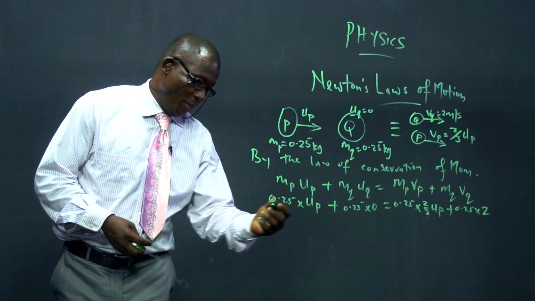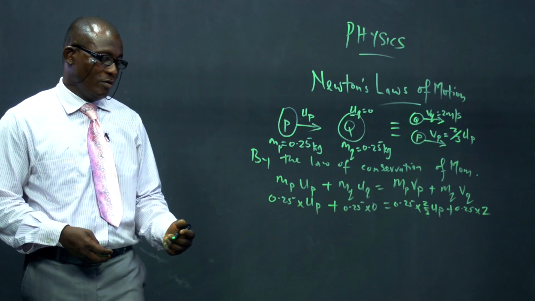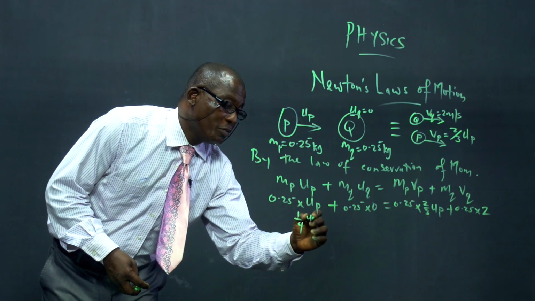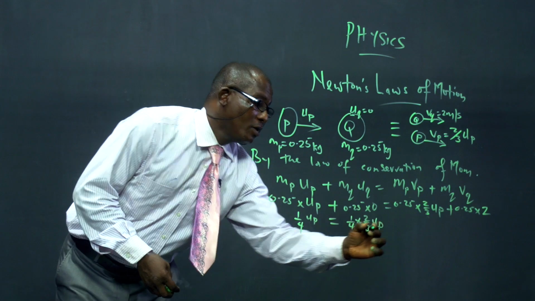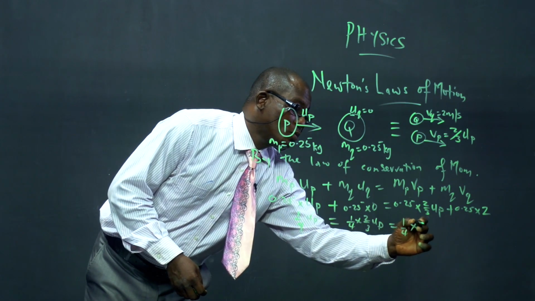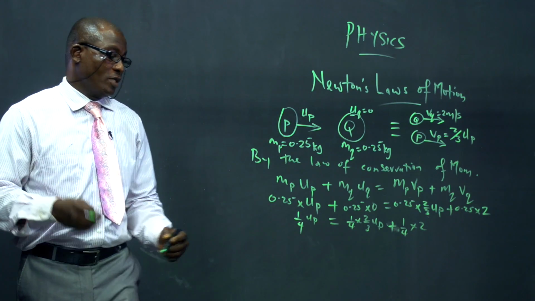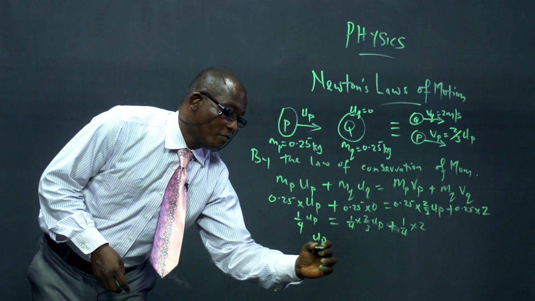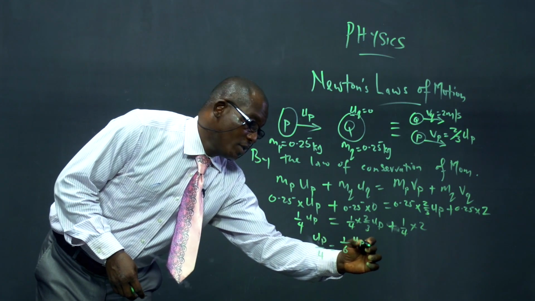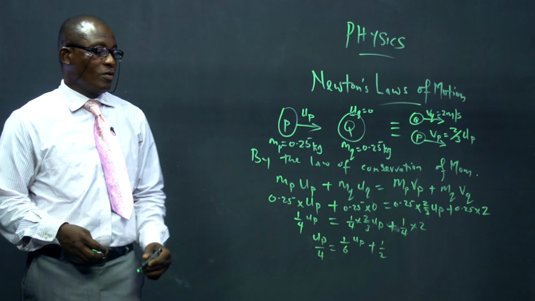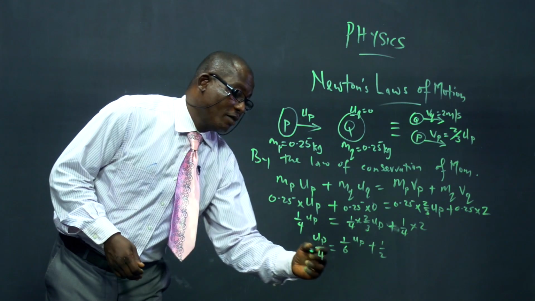All right? Now, I prefer solving this in fractions. You take everything to fraction, and then the P will come out. So we have 1/4 of UP equals 1/4 of 2/3 of UP, and that gives 1/4 of 2. Sorry, there should be a plus here. Yes, we are adding. This will give rise to UP by 4 equals, we have 1/6 of UP and 1/2. Collecting like terms, therefore, all the terms in P to one side. So we have